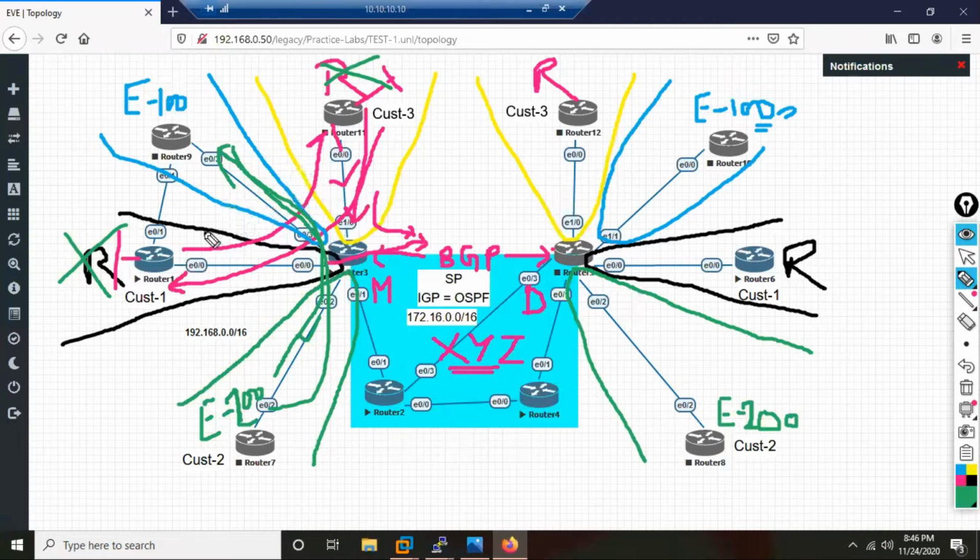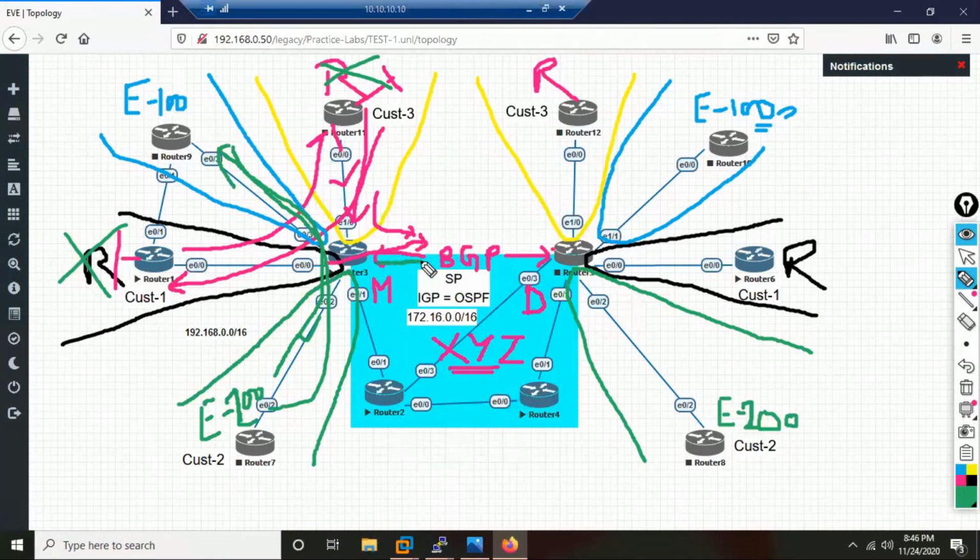Okay, no problem. So if you have 10 customers running EIGRP, and let's say they have AS numbers altogether different. Somebody is 100, somebody is 200, somebody is 300, somebody is 10, somebody is 50, like that. So R3 is happy. Now, what is the requirement? All these routes of all these customers you have to forward to Delhi. Why? Because if you don't forward to Delhi, then their Delhi sites won't be able to communicate with their Mumbai sites. So I need to do redistribution. I'll go into BGP and say redistribute EIGRP 100, redistribute EIGRP 200, redistribute EIGRP 50. Once I do this, what will happen?